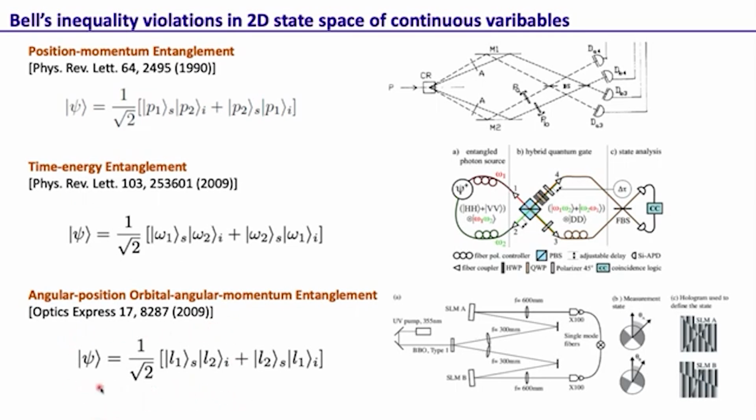that makes an entangled state in the orbital angular momentum basis using this. I will not go through the details of this setup, but essentially the point is that one is able to make a two particle state which is like: if the first particle has orbital angular momentum L1 h bar, the second one is L2 h bar, or if the first one is L2 h bar, the second one is L1 h bar. And using this state, they were able to show the violation of Bell inequality in the orbital angular momentum basis, and thus showing the verification of entanglement in the orbital angular momentum basis